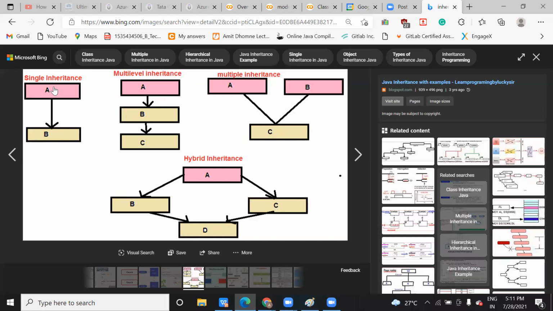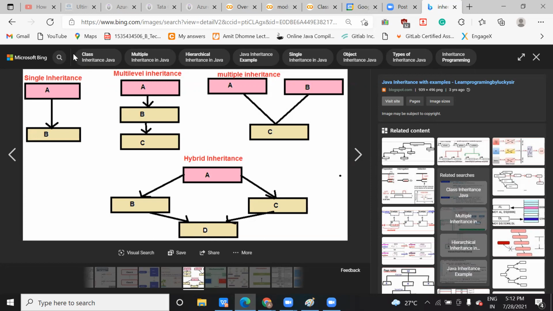So this A class is your parent class, or you can say super class. B class is your child class, or you can say base class. So the parent class is also called the super class, and the child class is your subclass, shown in yellow color.